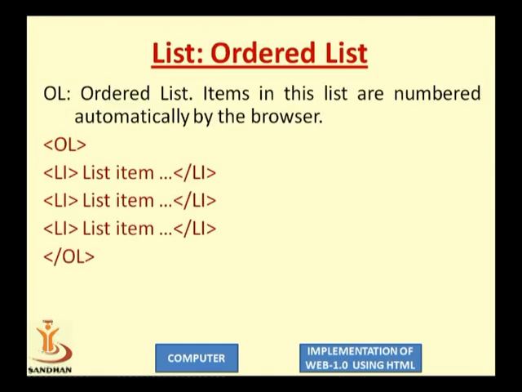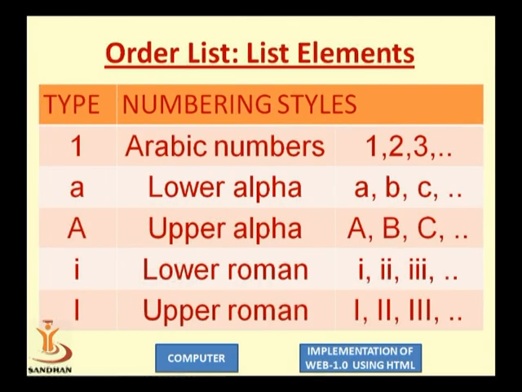Now we are moving to the ordered list. So ol is the tag. It is numbered, automatically by the browser. Again the same tag is there, li, the list item. It is also necessary to finish the ol tag with /ol. Now what are the examples of ol? You can start your numbers from 1, 2, 3, continuing. Then you can use lower alphabetical, small a, b, c, d. You can use upper alpha in an ordered list, capital ABC. You can even use lower Roman as well as upper Roman, right?